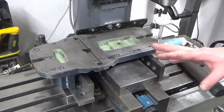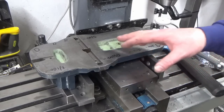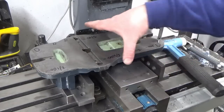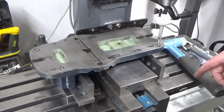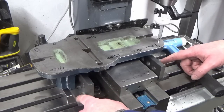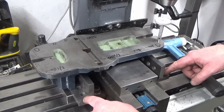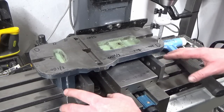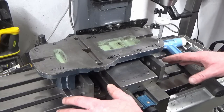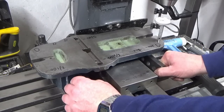Okay, so here's my idea. We've got the part held in the vise on the rail that the moving jaw slides on, clamped in the vise jaws. We've got 2 stacks of parallels and 1, 2, 3 blocks. Now what I've done is gone through and measured all of the parallels where we're using them to make sure that we're within 10 microns ish of each other is the worst error I can measure, and we tap down hard onto these parallels